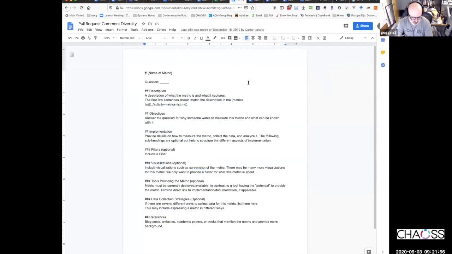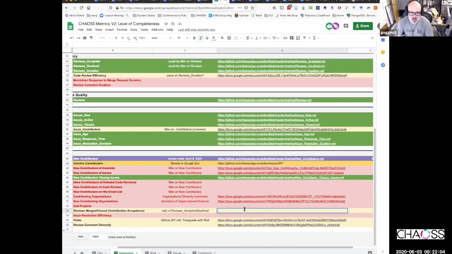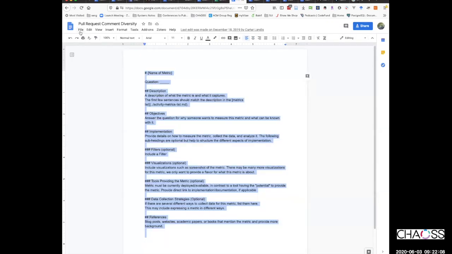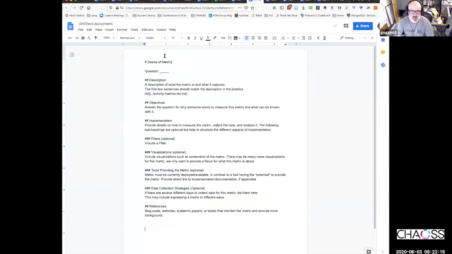Pull request, comment, diversity. So I'm just creating a new... we thought we would work on, at this point, reviews merged closed. File, new document. And this will be reviews merged closed.